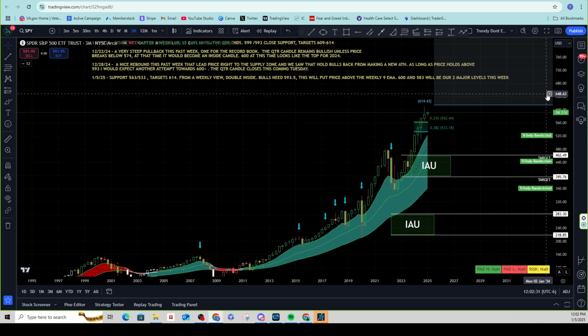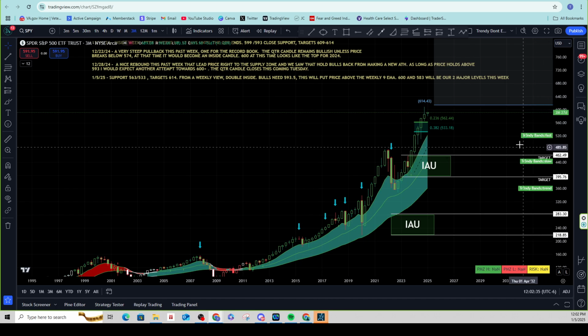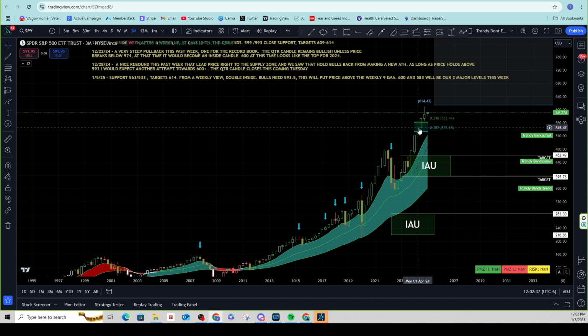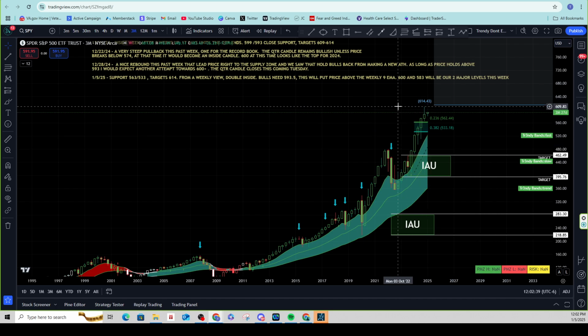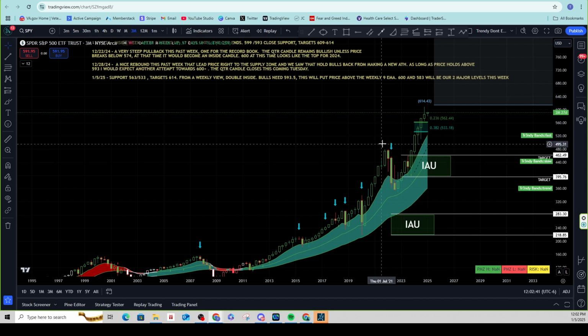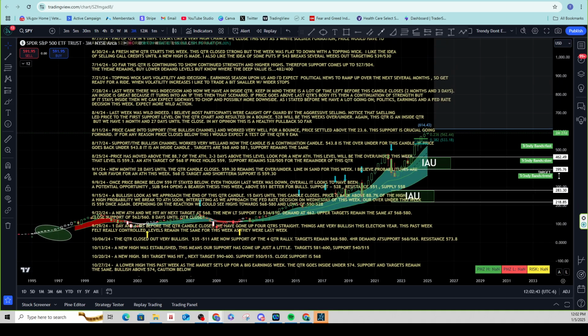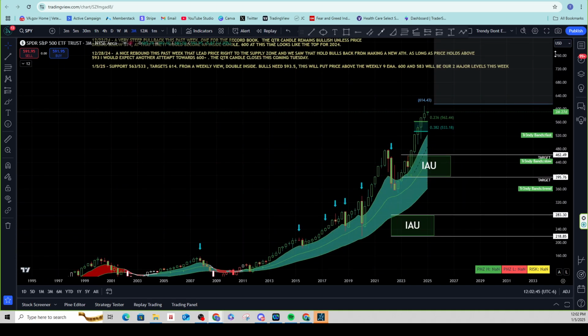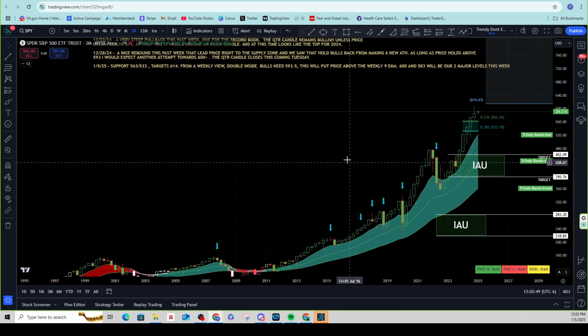Next thing that I want to do is I always want to concentrate on the bigger picture. This really helped in 2024 and helps every year. I like to go over the quarterly candles. So the first thing I'm going to show you is the quarterly candle. I'm going to talk about a few things as far as bigger levels. I keep my notes from every single week. They're right on here. And I believe that I read the market very, very well. And I think you all know that.